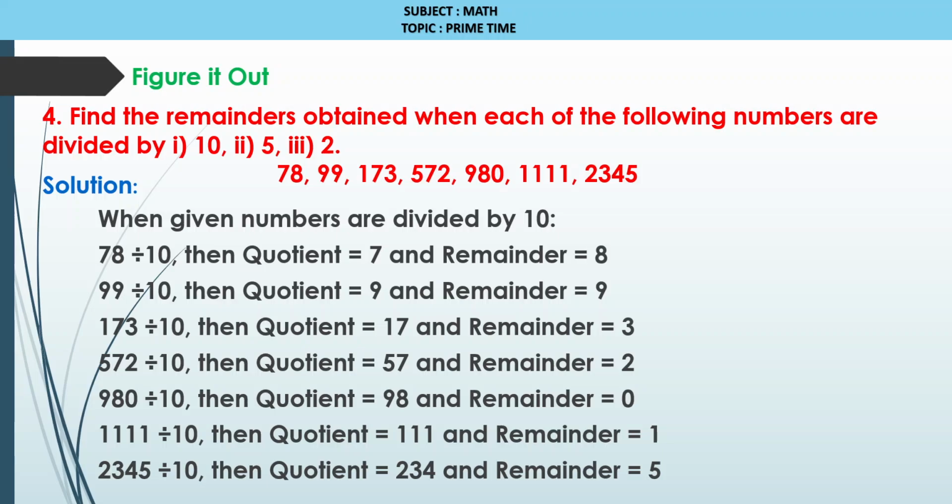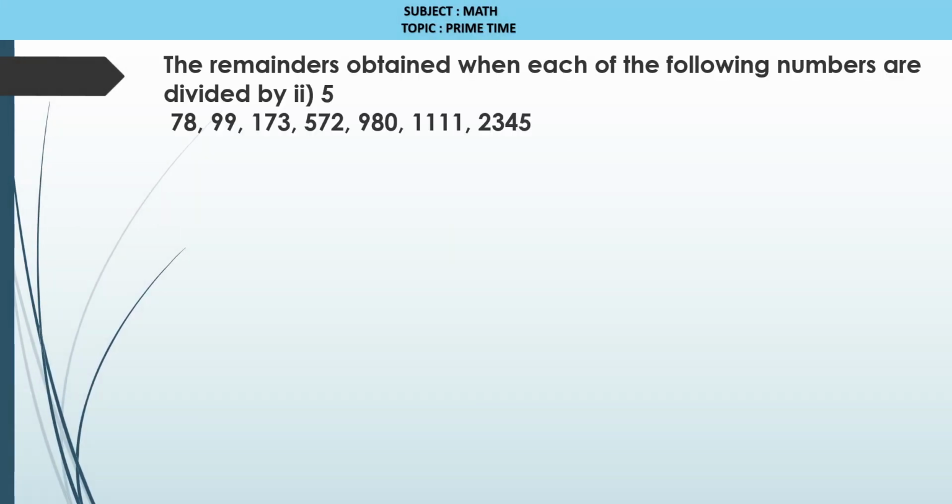2345 divided by 10, then the quotient is 234 and the remainder is 5. Let us see the next page, to check the divisibility by 5. The remainders obtained when each of the following numbers is divided by 5 are: